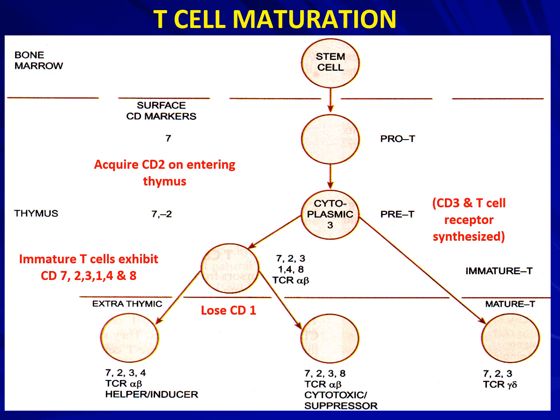Once all these CD markers are there on the immature T cell, it will lose that CD1 marker and it can either be a CD4 type of cell or a CD8 type of cell, wherein it is going to have CD7, CD2, CD3, CD4 and alpha beta type of receptor, alpha beta chain. The same is here. Instead of 4 we have CD8 marker. This becomes the helper T cell, this becomes the cytotoxic or suppressor T cell.